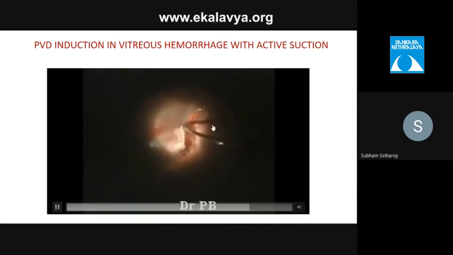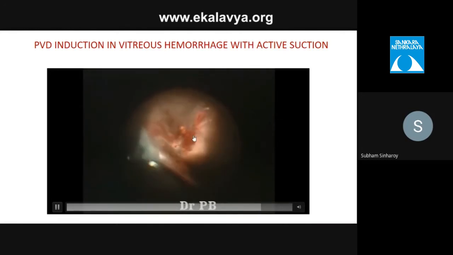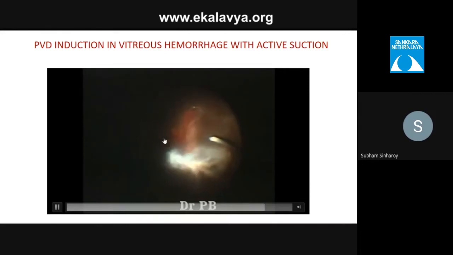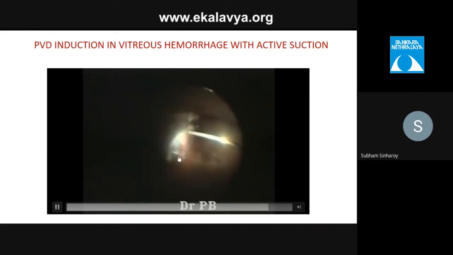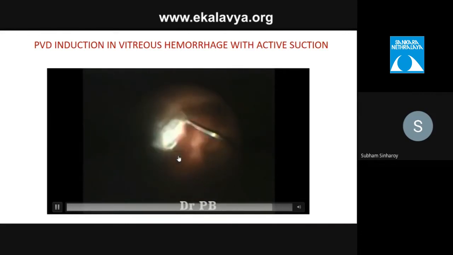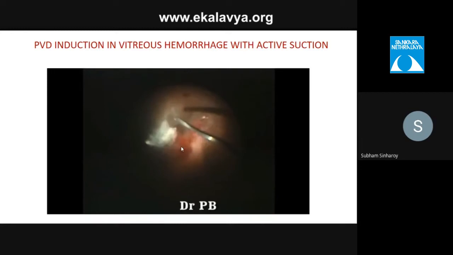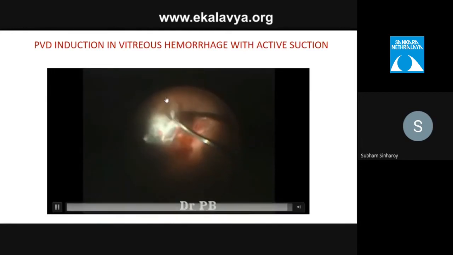See that. Now even the disc can be seen. A lot of pre-retinal blood in the posterior pole. And also, now the entire thing is in the mid-vitreous cavity with the posterior hyaloid. Now you can easily trim, cut off and remove the vitreous with the vitrectomy cutter. You can also see some laser marks in the periphery in the septal area. So it could be a vascular occlusion sequela also.